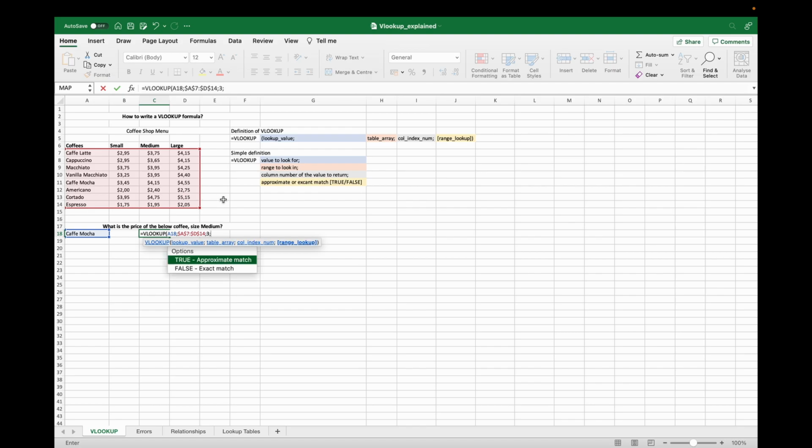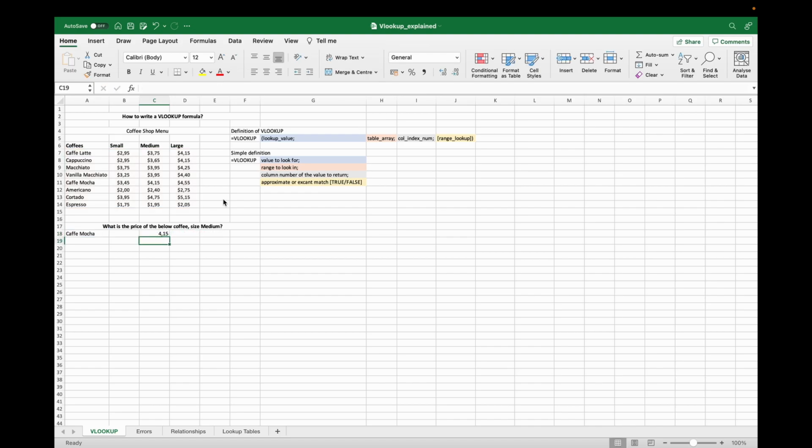And then we'll go ahead and type another comma, and the fourth argument is the range lookup. This is either an approximate or an exact match. Now most of the time when you're starting out with VLOOKUP, you are going to put FALSE here for an exact match. Now that we have all 4 arguments, go ahead and close the bracket and then hit enter, and that will do the lookup and return the price of